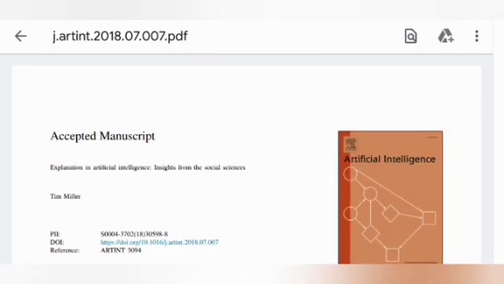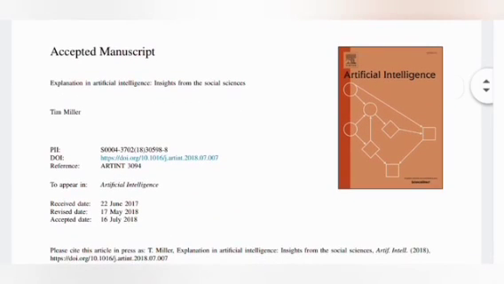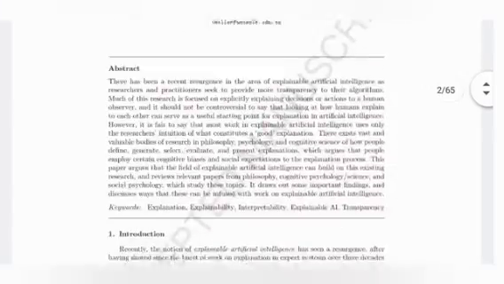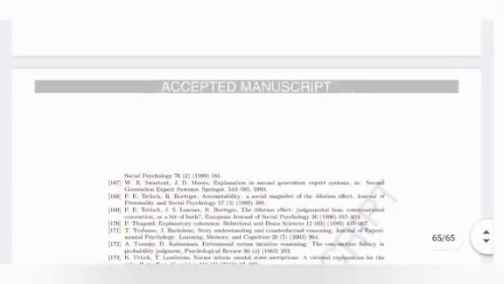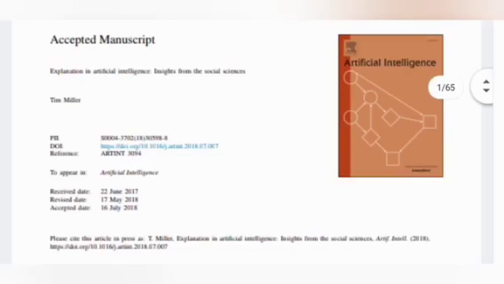See, this is the article from a paid journal. Okay, see, the whole article I have downloaded. It's a really interesting site.